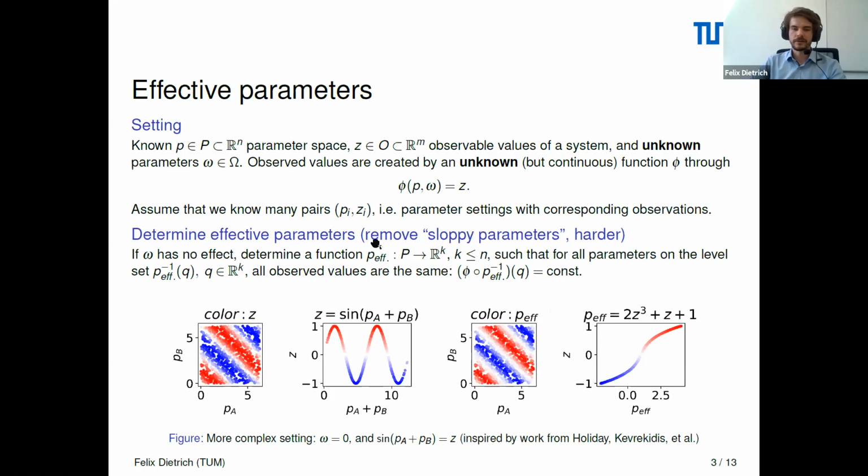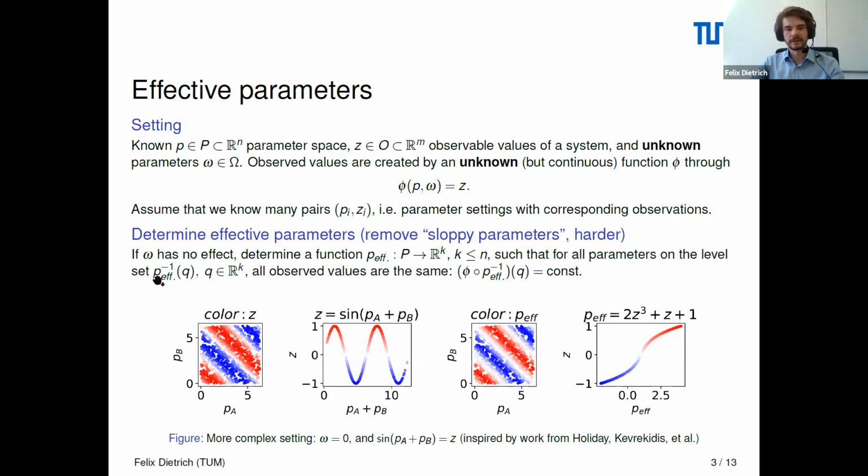And now the task would be to remove sloppy parameters. And if you want to know more about this direction, you can also search for the work by Holiday and Yanis Kevrekidis. We've done a lot of work on this problem, but this is sort of the next more complicated problem. The unknown parameters still have no effect here, but what we want to do is actually determine effective parameters, which in this case are now a function from the parameter space to some Euclidean space,